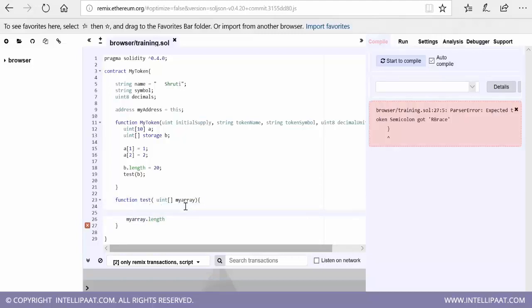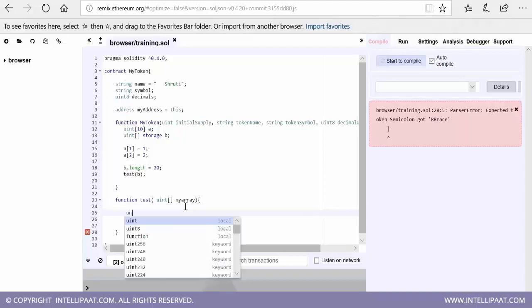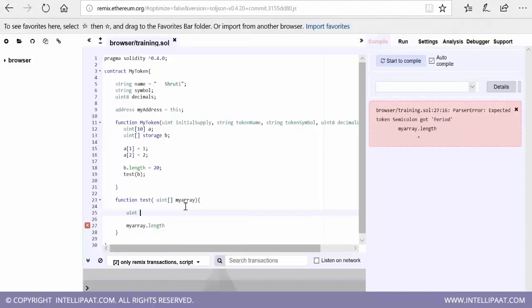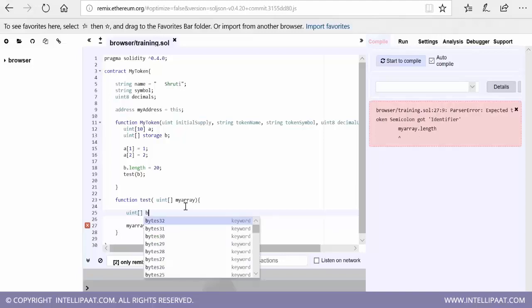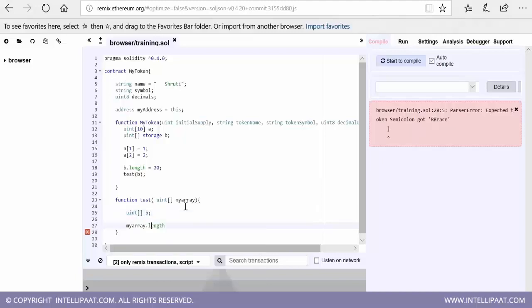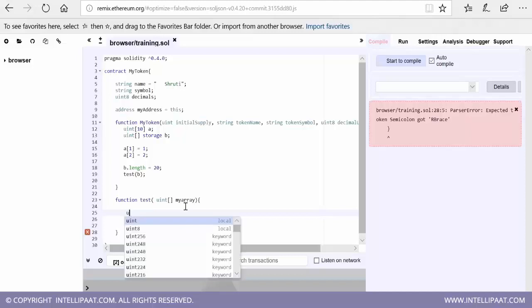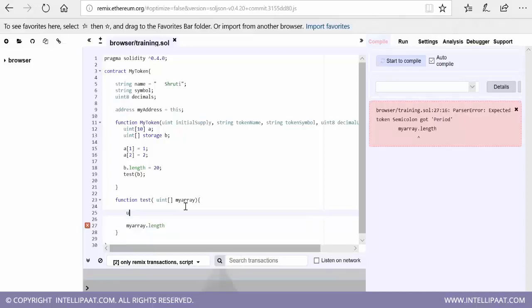So if I say here, I can just store it here, so it will be open. And I can only capture the